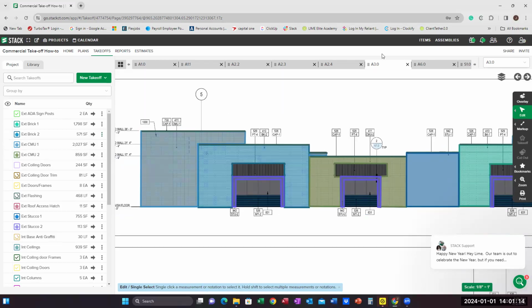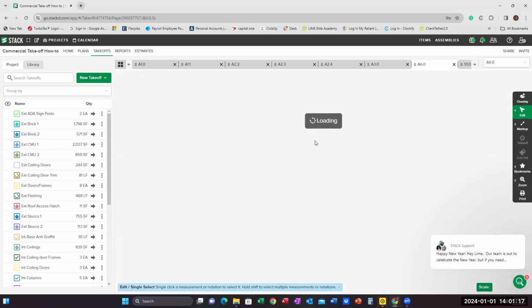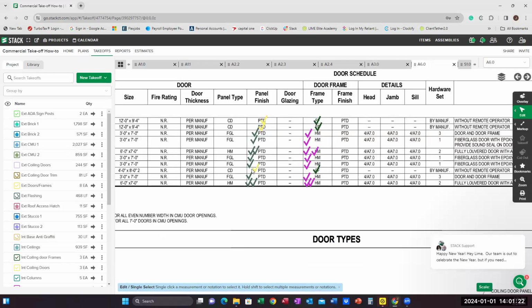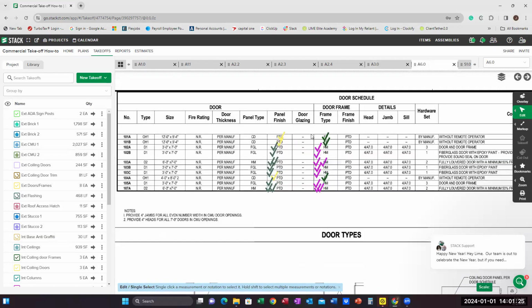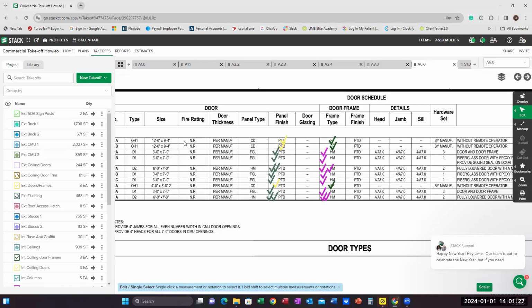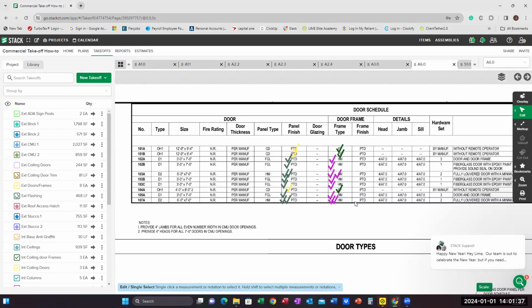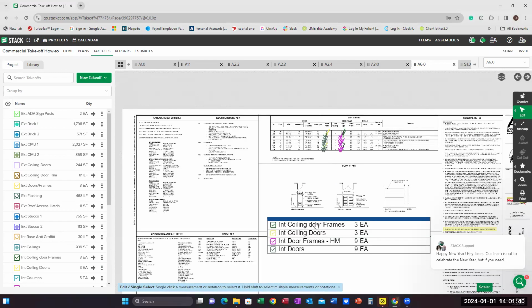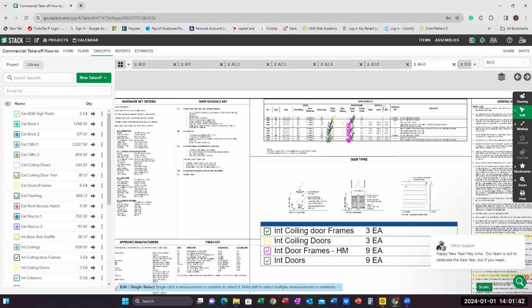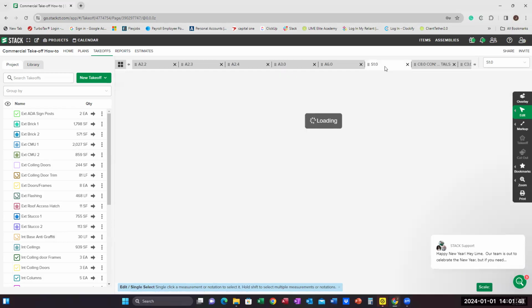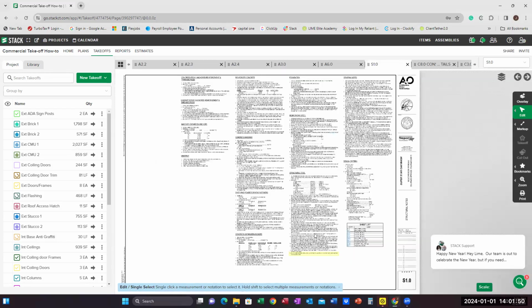coiling doors, so the door schedule shows that. You'll look for the door schedule. It shows all these doors, even the overhead doors that were being painted. So that's why they're measured on the other page. Doors and frames are all being painted. Almost all commercials will have a door schedule. And you'll go through,